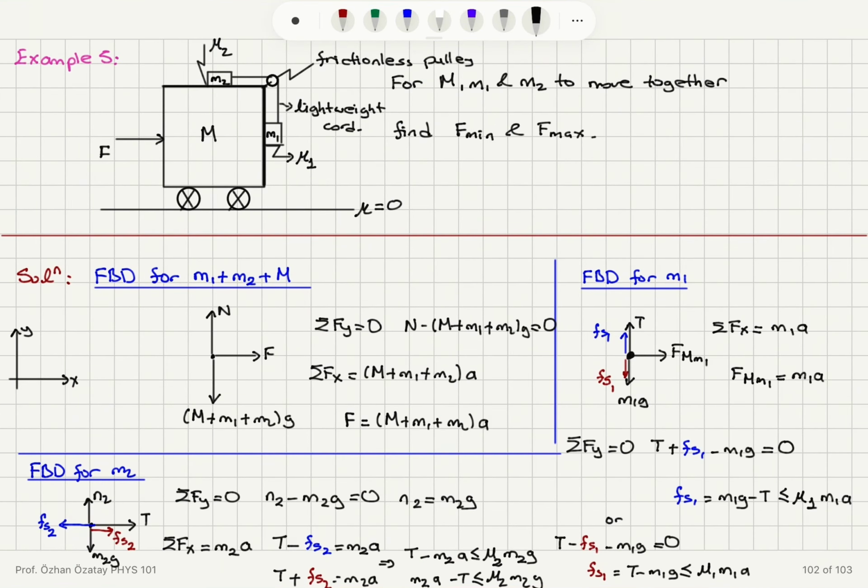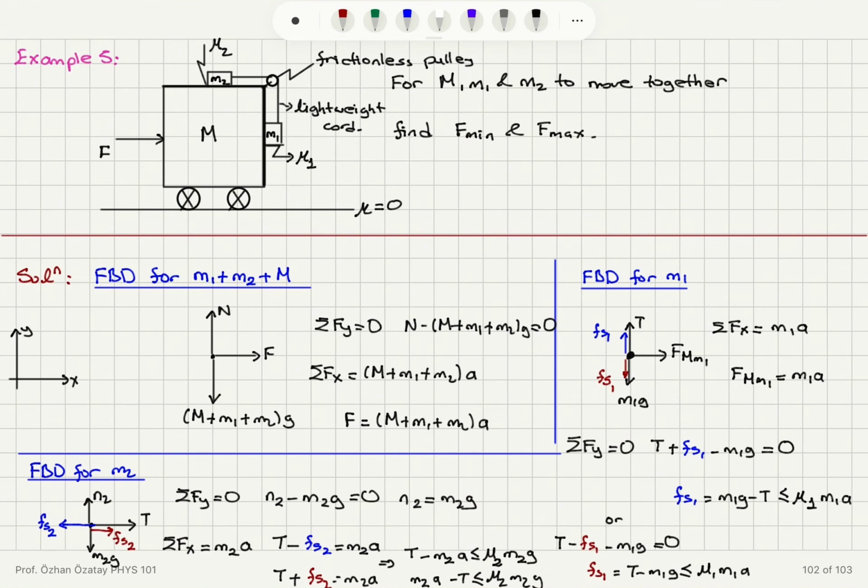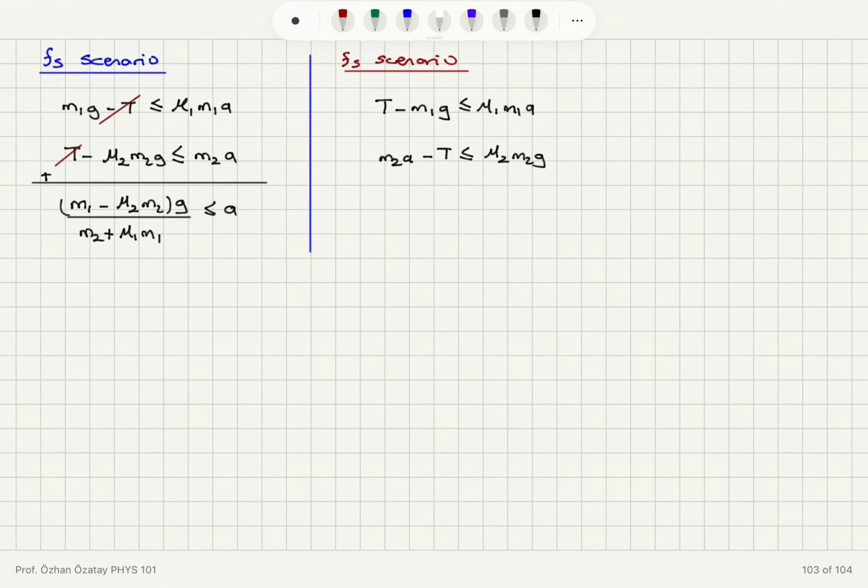You can see from these equations that Fs1, equal to T minus M1G, is less or equal to mu1 M1A. That's the first inequality. The second one is M2A minus T less or equal to mu2 M2G. So if I add these two inequalities,